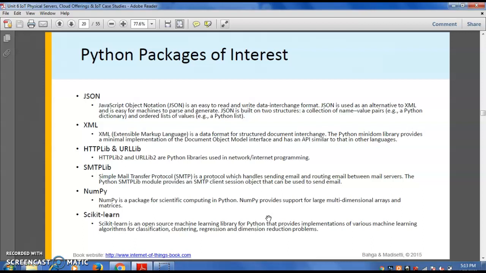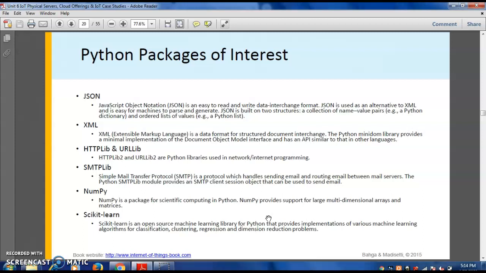You can use the HTTP and URL libraries in Python for network and internet programming. The SMTP library, the Simple Mail Transfer Protocol, handles sending emails and routing email between mail servers. The Python smtplib module provides an SMTP client session object that can be used to send email.